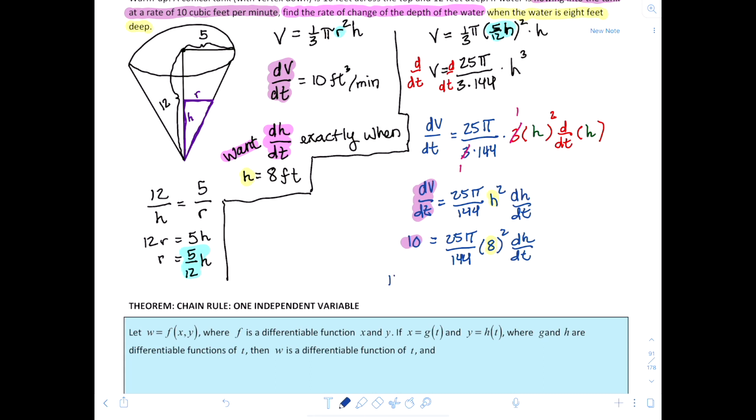Starting to do some of the math, we'll have 1440 over 25 pi, and then that's going to be times 64, is equal to dH/dt. And so let's just get an approximation for that. If we approximate that, I believe we will get